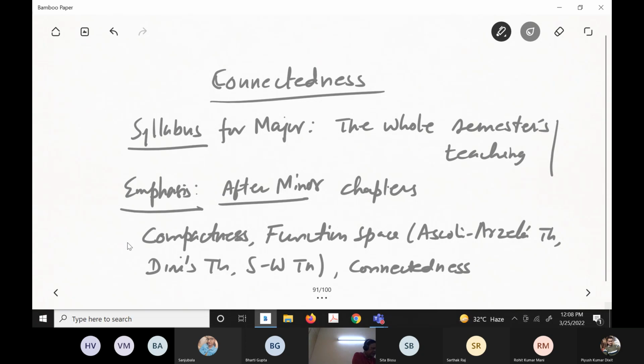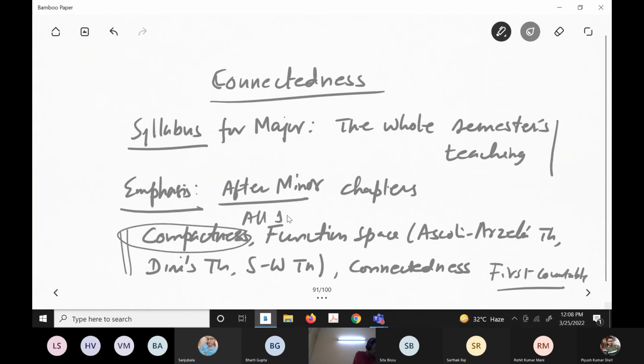Basically, here in some problems you may need to use your old knowledge, like first countable spaces. And here compactness, I mean all sorts of compactness, whatever I taught. That is particularly compact, countably compact, Lindelof. And then something you should look at the definition, sequential compactness. I have defined pseudo compactness also.